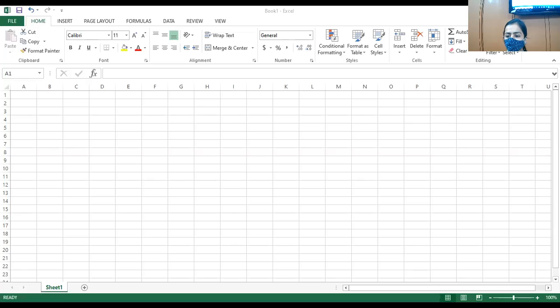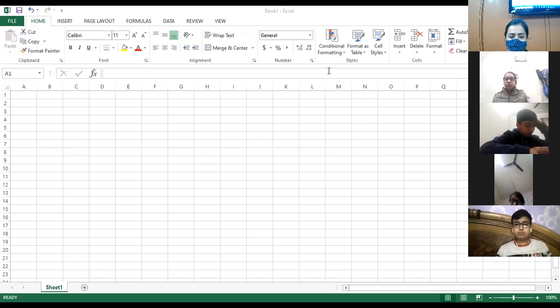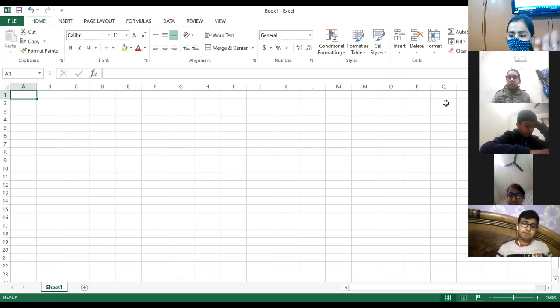We will be learning how we can create an Excel worksheet. Clear? So you will be performing side by side along with me, and all of you, I am sharing the screen of Excel with all of you so that you can have a look, and we will be learning how you can apply the formulas. Is the screen visible? Online students, Excel screen is visible to all of you.